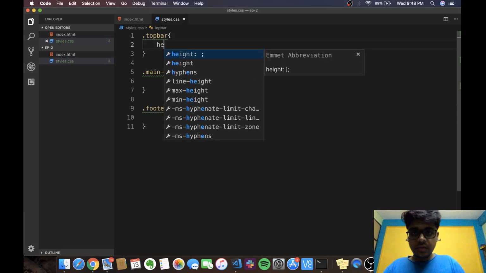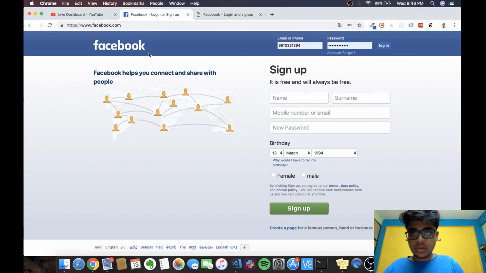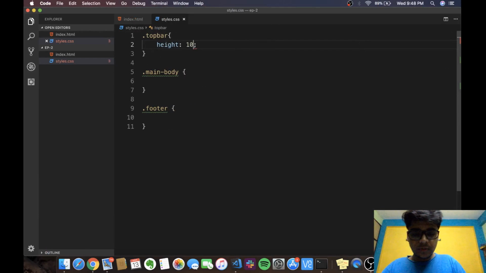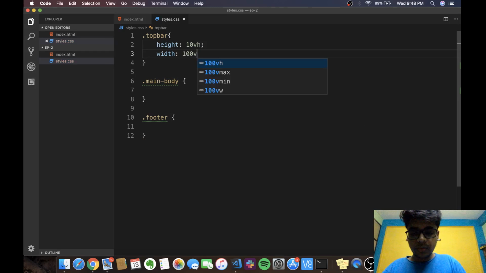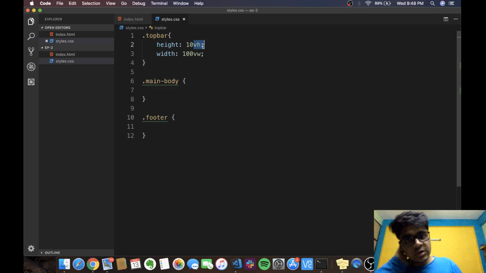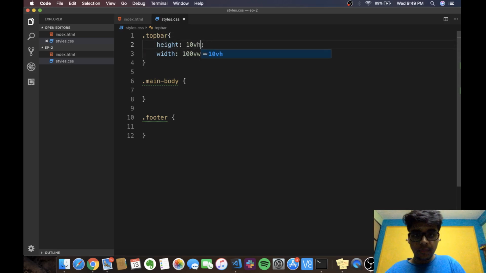So I guess I'll make the height of this, I don't know, about 10% of the total height. So I'll make it 10 VH. What VH means here is viewport height. There are two things: I can make a width of 100 viewport width and a height of 10 viewport height. The difference between using pixels here and using viewport height over here is that